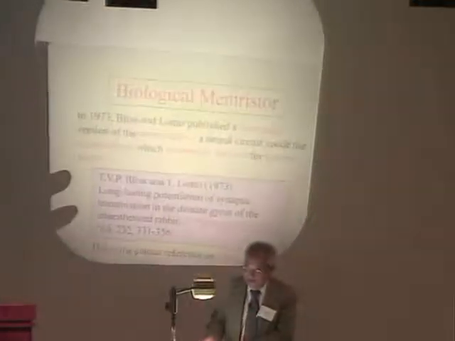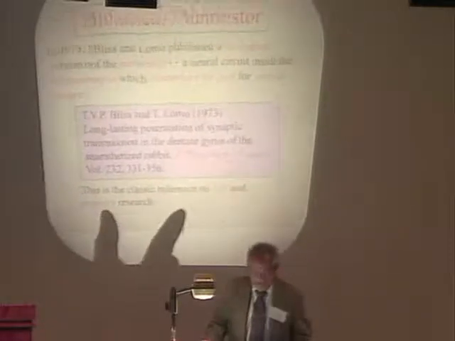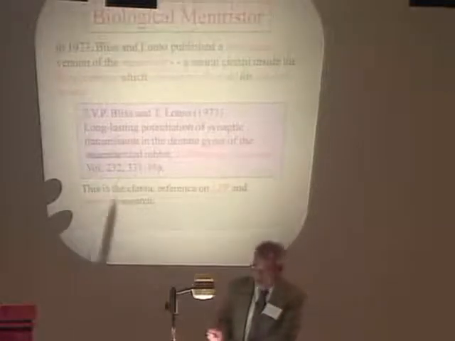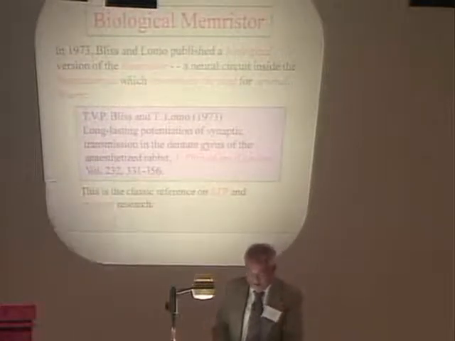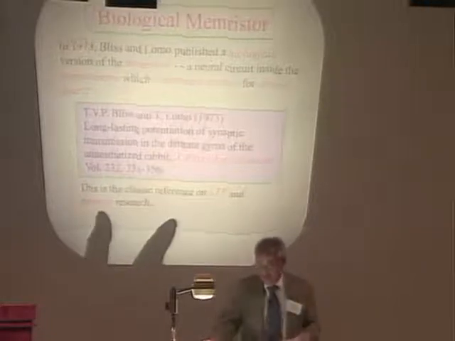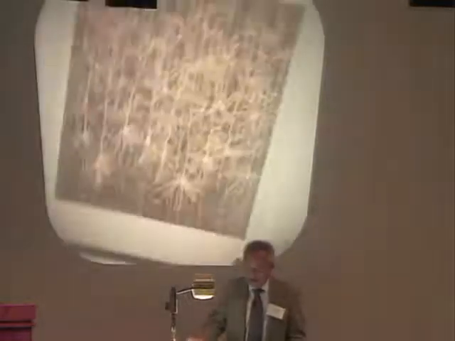Now, interestingly enough, my paper was published in 1971. Without knowing it, 2 years later, in 1973, a biological Memristor was revealed, although of course the scientists didn't know a thing about Memristor. But I just want to call your attention that this is a Memristor as well, and it launched a major area of research that's very hot today. It's called LTP, and I'm going to come back to that a little later. It has everything to do with our brain. So let's start with our brain.